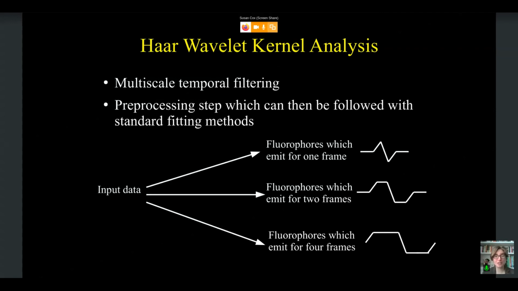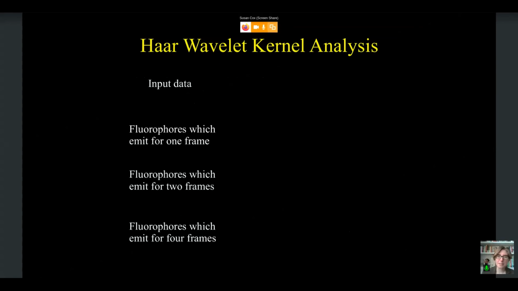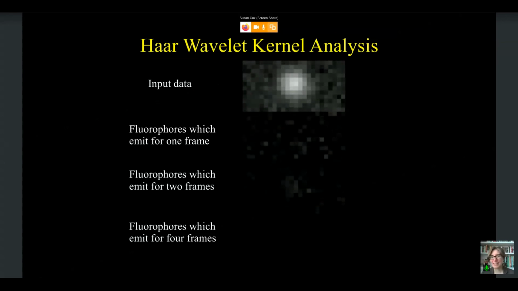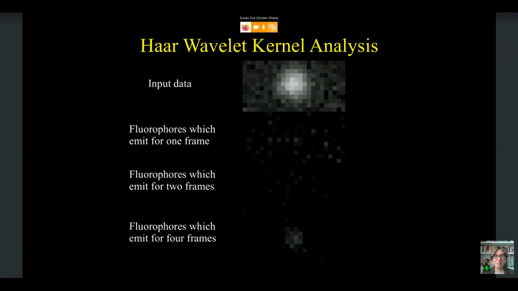But instead of trying to do it in one step, we're taking out our temporal filtering, and then we're doing everything else after it. So we've got our input data, and then we separate out fluorophores which are meant for 1 frame, fluorophores which are meant for 2 frames, fluorophores which are meant for 4 frames. And to give an example of what this looks like in practice, I'm going to show you some input data